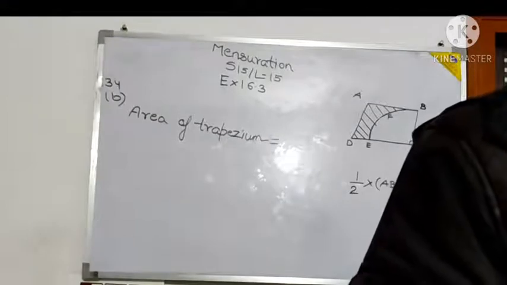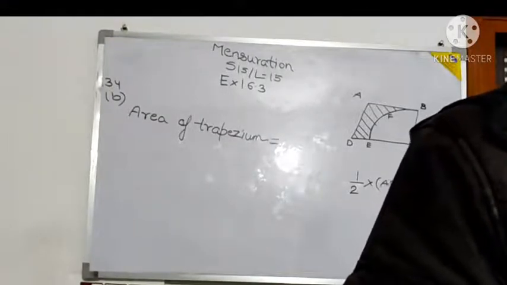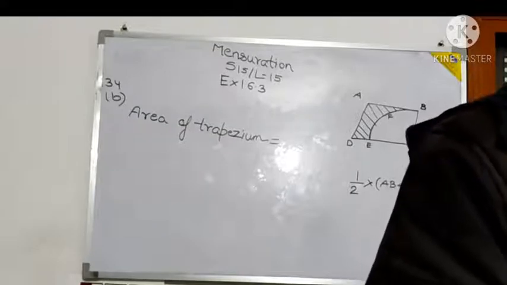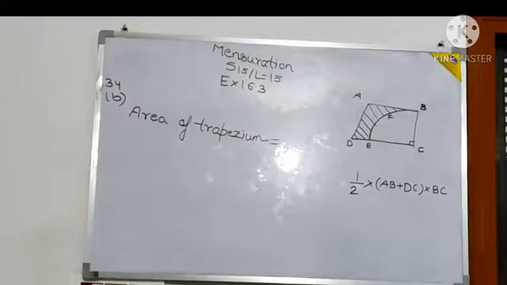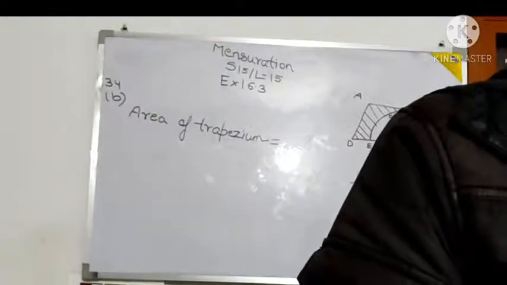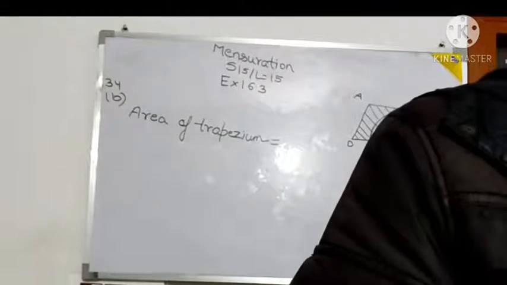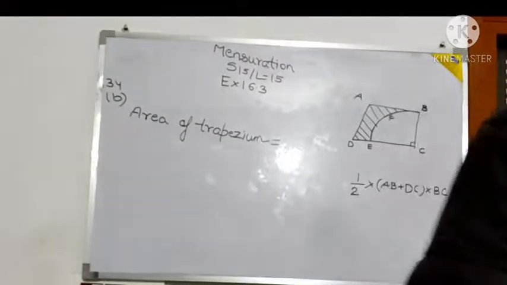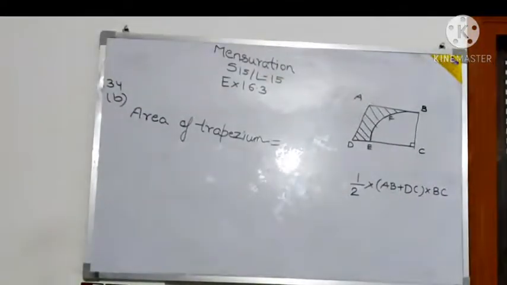These things must be known to you, and in the question they are assuming a lot of things that you already know. Again, I'll request and recommend that you please take care of the formulas that you have to learn. This question might not be a direct question because the trapezium is also involved here. According to the reduced syllabus, trapezium should not be there. But if this question is asked from the circle perspective, then certainly you have to do it.